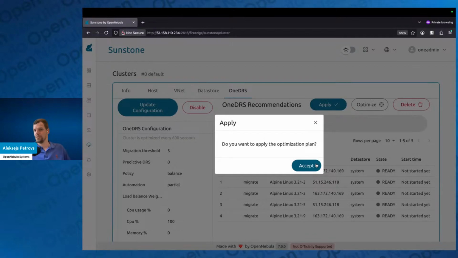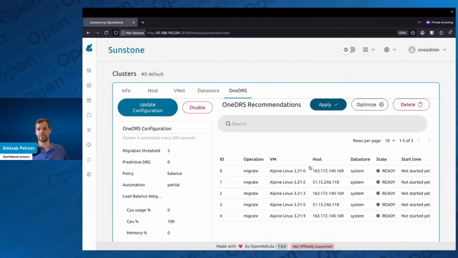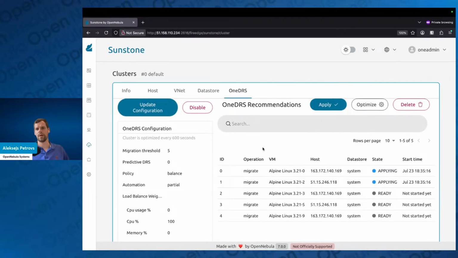So you may want to have yet another button to accept before you actually kick in the migration process. That's why I would consider this a safety feature. Okay, are we cool with that? Yes, I'm pretty much cool. Let's proceed. Okay, and now OneDRS has handed over this task to the oned, and